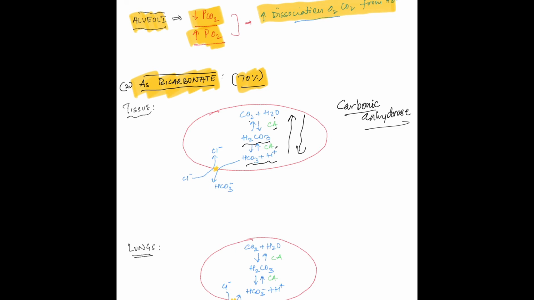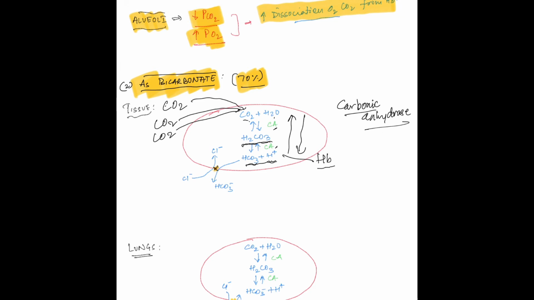So let's see what happens at the level of the tissues. As we all know, cells are continuously producing carbon dioxide. This carbon dioxide diffuses into the capillaries due to the concentration gradient and then enters the RBCs. The enzyme carbonic anhydrase converts this carbon dioxide and water into carbonic acid and then converts carbonic acid into bicarbonate and hydrogen ions. Hydrogen ion is a proton. We know that increase in protons will reduce the pH of the blood. That is, it will make it more acidic. So to maintain the blood pH, reduced hemoglobin accepts this hydrogen ion and acts as a buffer.